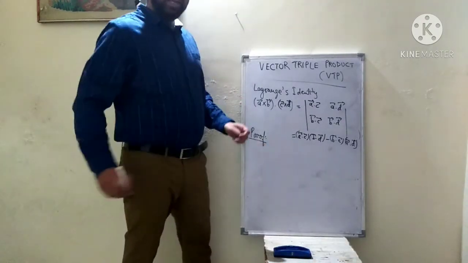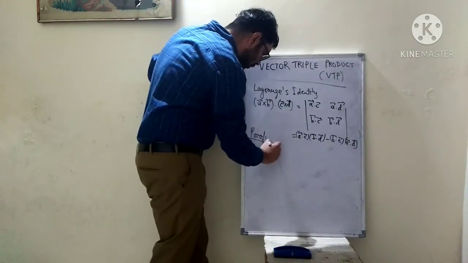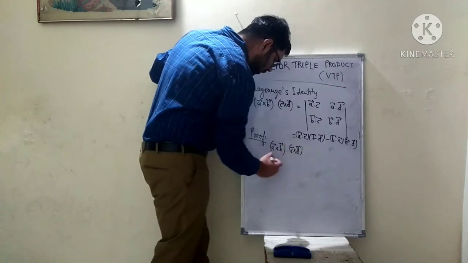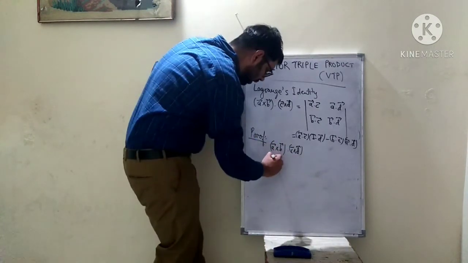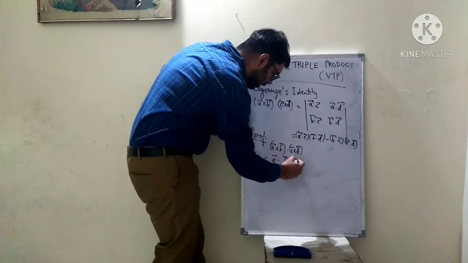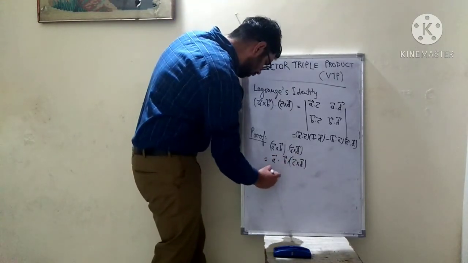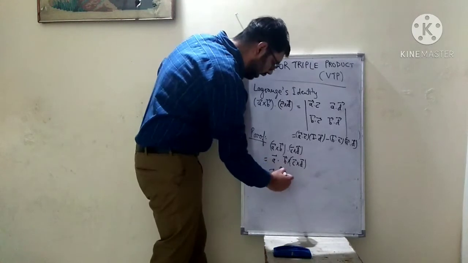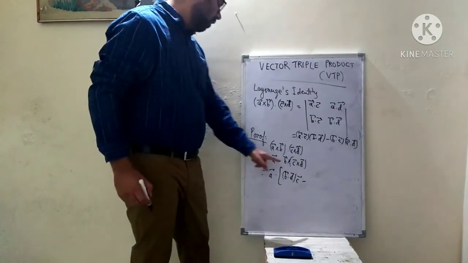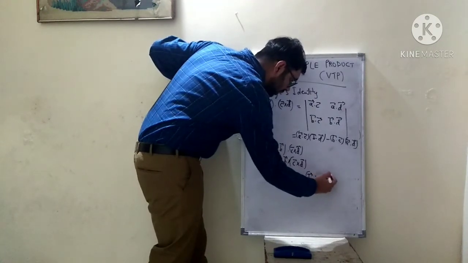Now for the proof, what we need to do, if I want to find this result, A cross B dot C cross D, is we can interchange this cross and this dot. So if I interchange this cross and this dot, it will become A dot B cross C cross D. So A vector dot, then B cross C cross D I can write as B dot D times C vector minus B dot C times D vector, using the vector triple product formula.